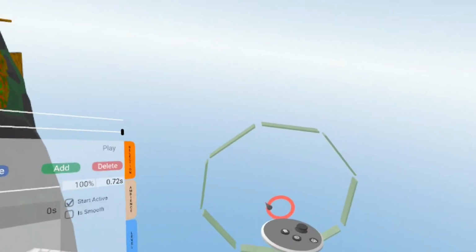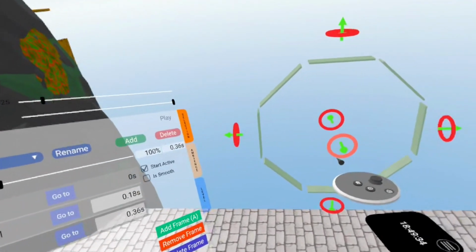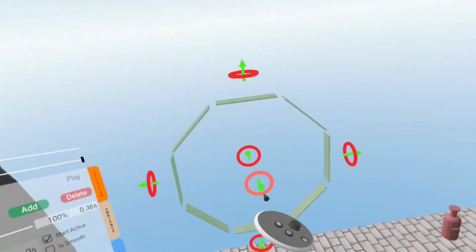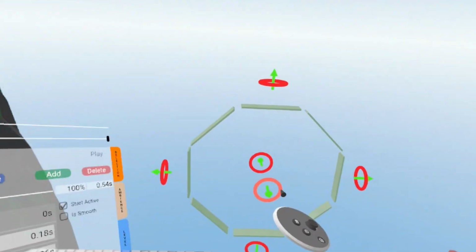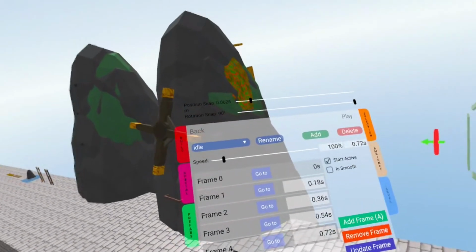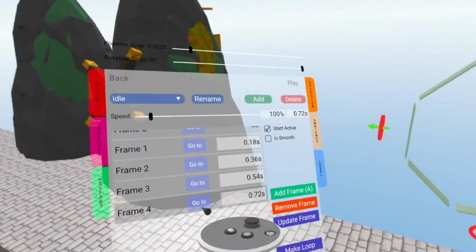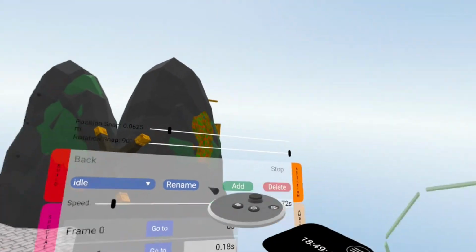So you want to add a frame, move it just one turn, and then move it again, or add a frame, move it again, add another frame, move it again, add another frame, and then move it again, add another frame. Stop when you see frame 4 or 5 frames in total. Then click on play,